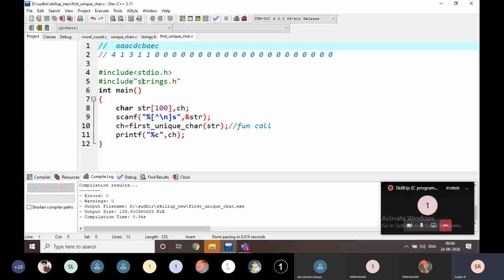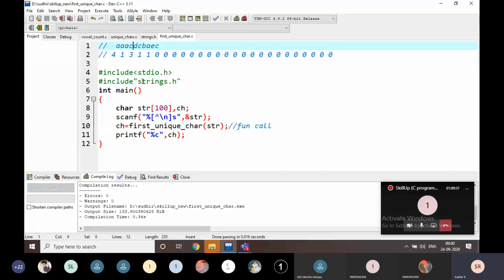Just simply I am going to execute from here. Is A 1? I am going to find, is A 1? No. Again I am going to check, is A 1? Is C 1? No. Then I am going to find, is D 1? Yes. Then I am going to break it and just print, that's it, nothing else.